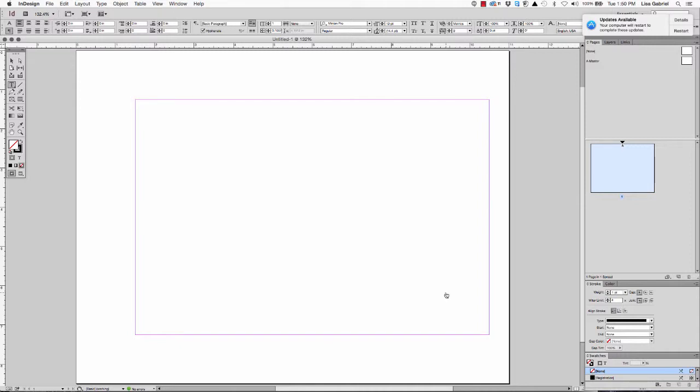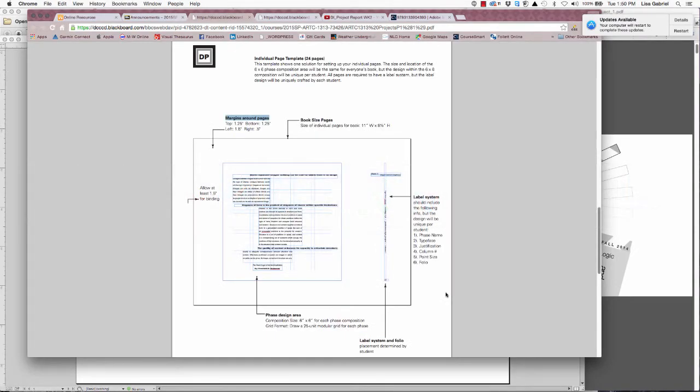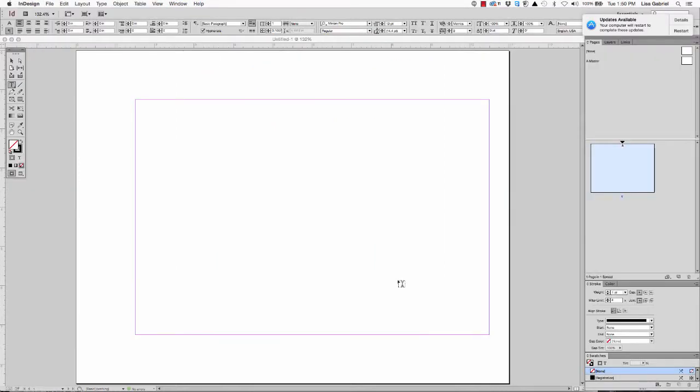And that is one step in creating this template. You can kind of see we've determined now the margins. Okay. So the next thing we're going to do here is we're going to get ourselves over into the master